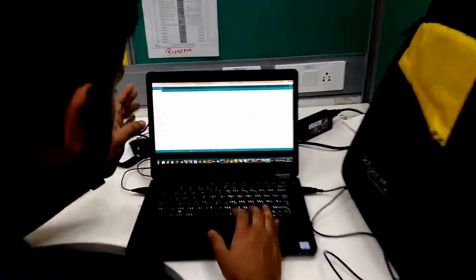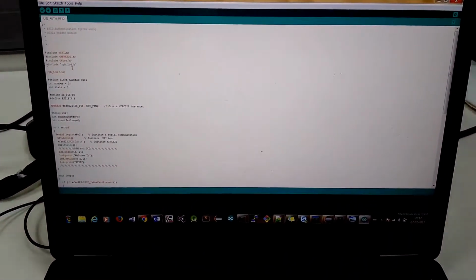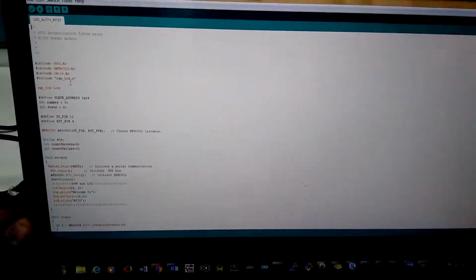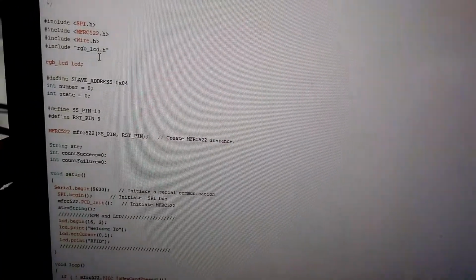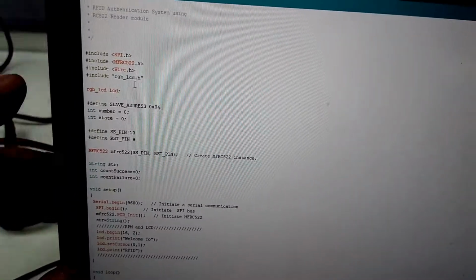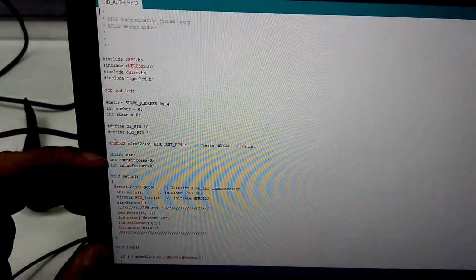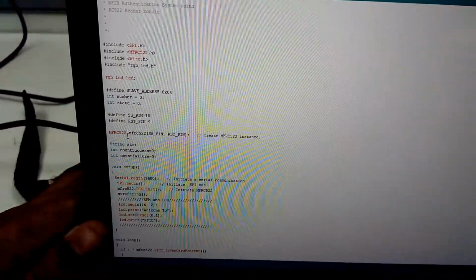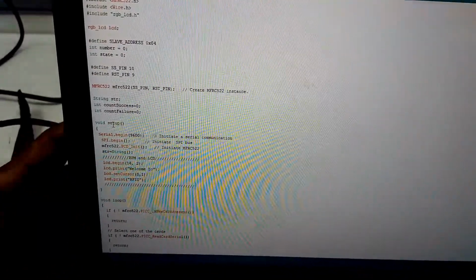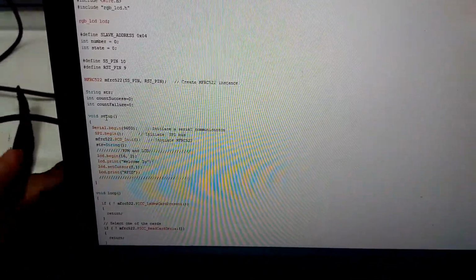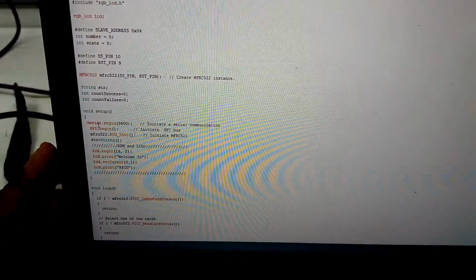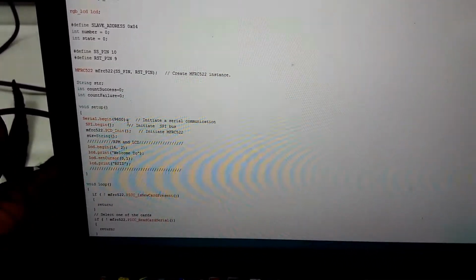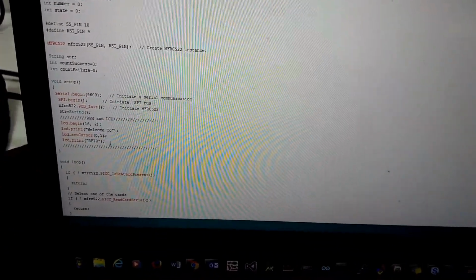So this is the Arduino code. Let's discuss the code in brief. These are some header files. These are for the MFRC522, the reader which I have used. This is the library, and this is actually Arduino programming. I think many of you already know that it has two functions, mainly setup and loop. In setup, I have started the baud rate at 9600. I initialized the MFRC522 and I have initialized the LCD.